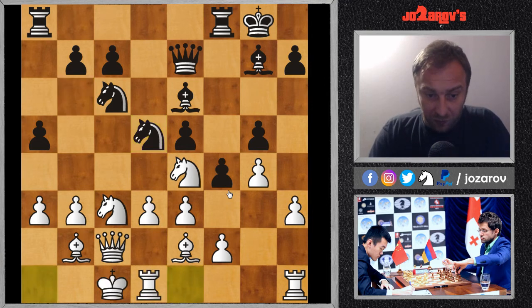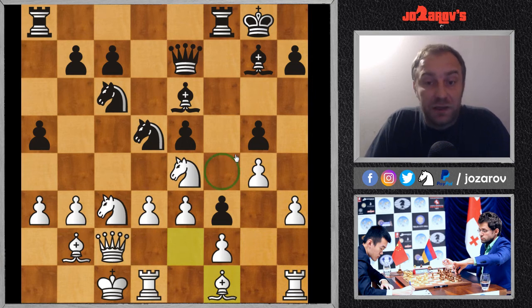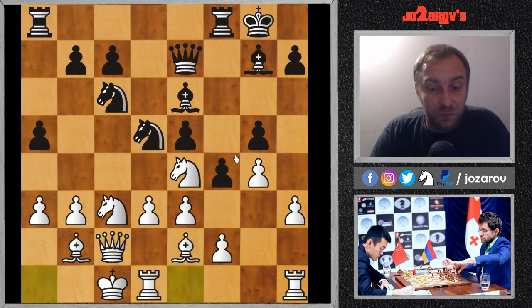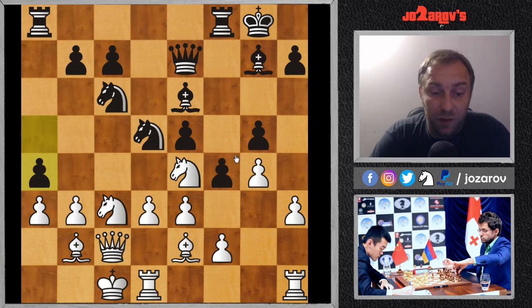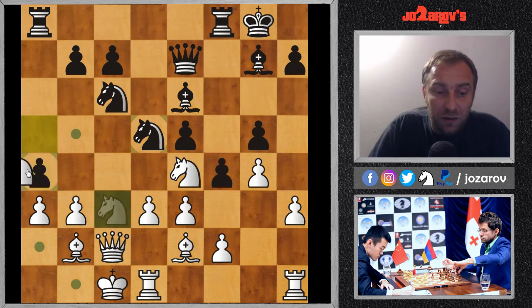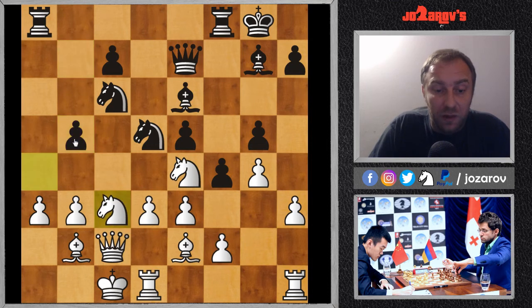So that's why here we have castling by Levon Aronian, and now you see if this f3 would have been played, it's not such a good attack anymore, because you stopped here. You have really a static position on the king side. Here after Levon Aronian castles on the queen side, we have a very nice move here, a4. If you take with your knight on a4, then of course b5, you have to open the a file. Now we have even b4. This would be very dangerous. So that's why